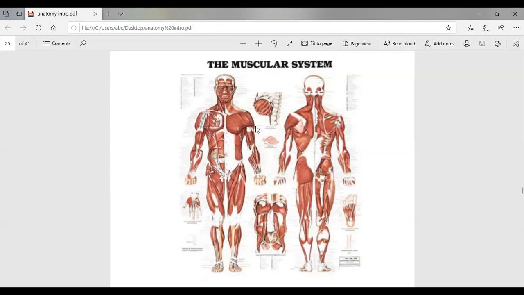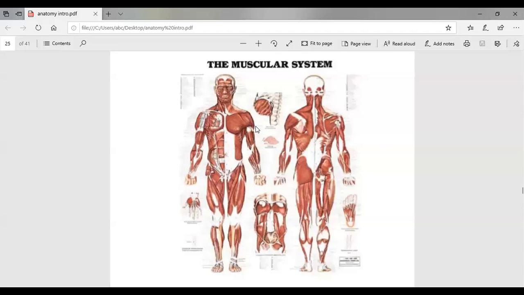So all the skeletal muscles, that is the muscles attached to the skeletal system, that is the muscles attached to the bones, are voluntary muscles, also called skeletal muscles. Why? Because if you want to raise your hand above your head, is it happening automatically, or is it because you are deciding to do it? It's because you are deciding to do it, right? So these are under your own voluntary control. That's why the first type of muscles is skeletal muscles, or voluntary muscles.